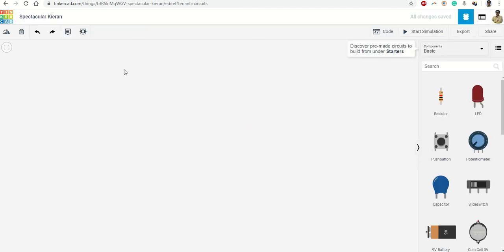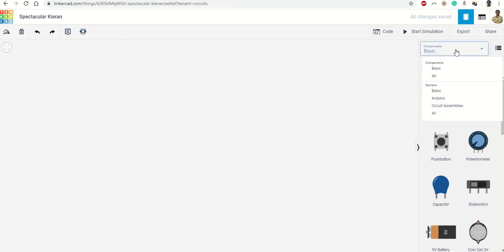So once you click on this, you are going to get a blank workspace with a library of components on the right side. So here we have components which are under the category like basic, all, and you can get various other categories. You can search for your component by typing the name here.